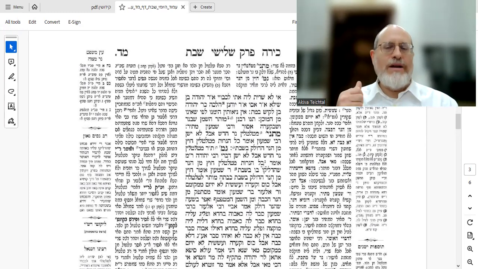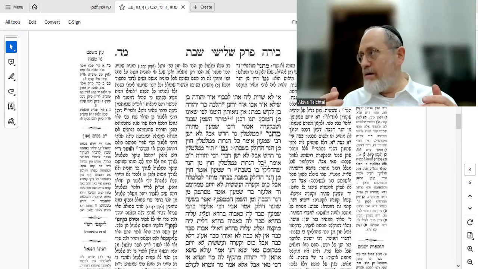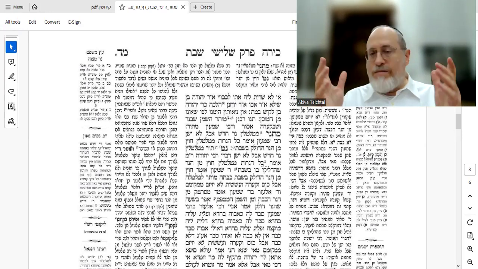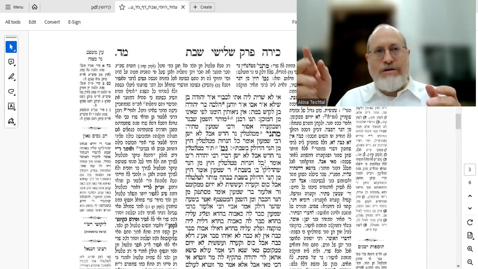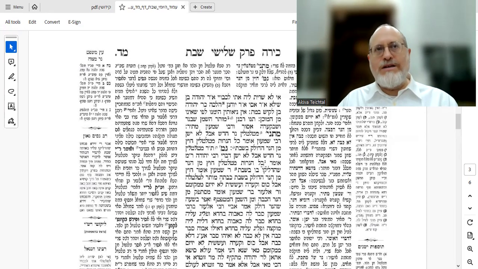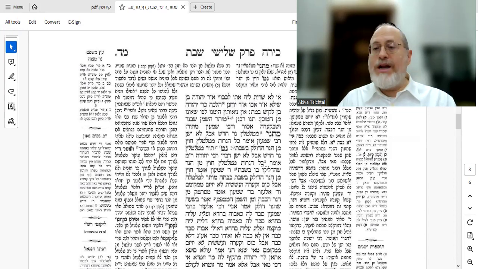Because you have to understand, back then, the Rishonim say people would use candles for other things as well. If you have a nice clean candle, you can use it to store stuff inside, like you'd use a jar from jam. You can empty it and use it for your screws, right? But the candle, if it's made out of cheres, it's like a disgusting thing once you use it even once. The candle made out of metal is nicer. You can wash it nicely. Metal doesn't absorb, right? Not as much. You can clean it and use it for, I don't know, drinking your Coke, whatever. So now, with that in mind, let's start before the Mishnah.